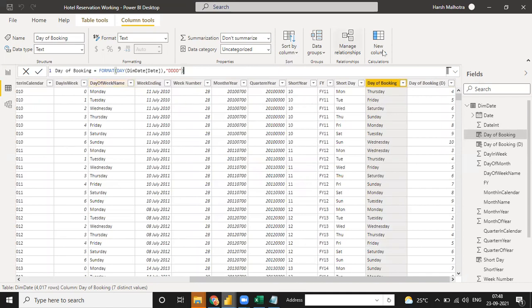We have a day of booking as a whole number, and the day of booking as a text value.